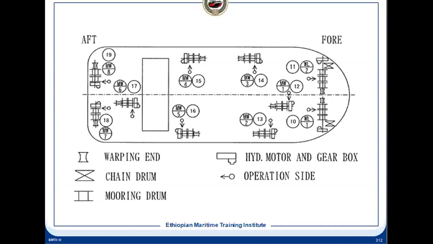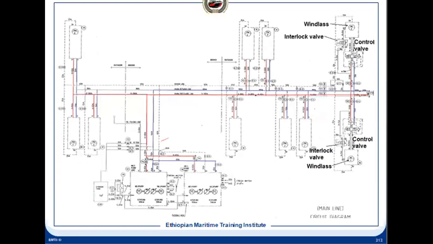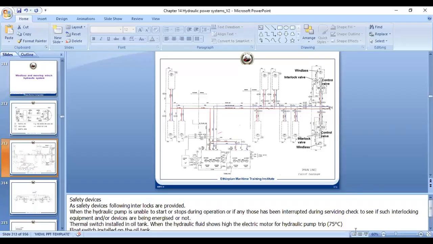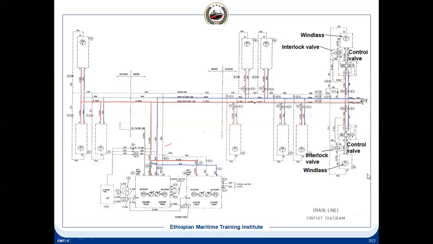For a special type of vessel we do use it. So the forward system, for example, is the same. The only thing is the torque requirement is less for the mooring winch, and for the windlass the torque requirement is high. So if you see the system, this will be the system. Let me enlarge it. So this is the system where this is the power pack.